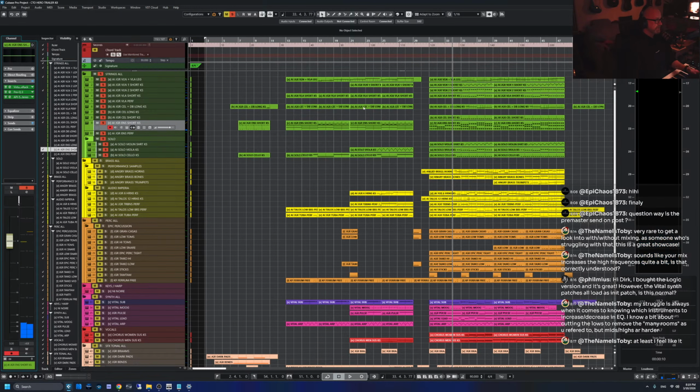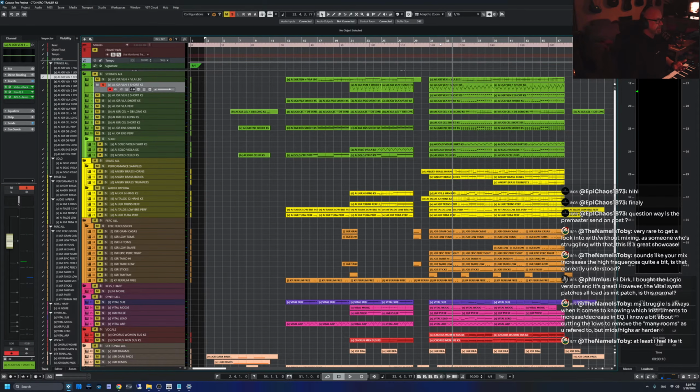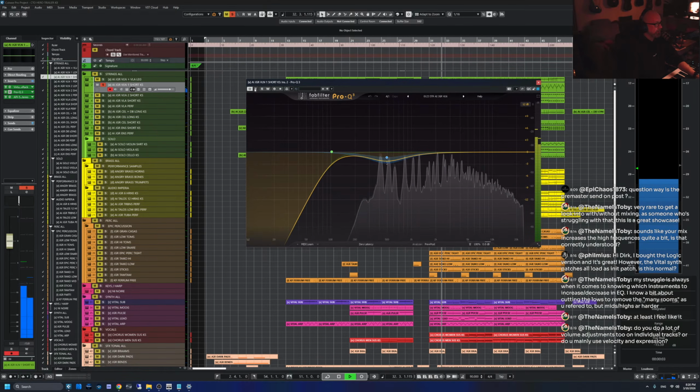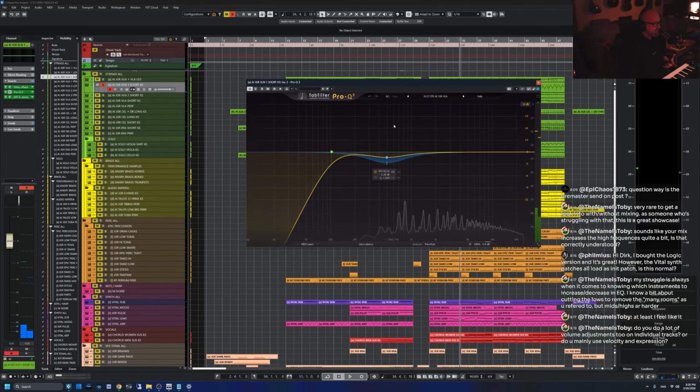So when we look at this, the thing is, you don't really hear that much of a difference on the individual instrument level. It's really the sum of the pieces when it comes all together. So just on the violins shorts here, for example, if I take that EQ off, it's not like it's a day and night difference between these two, but especially that for me it's the